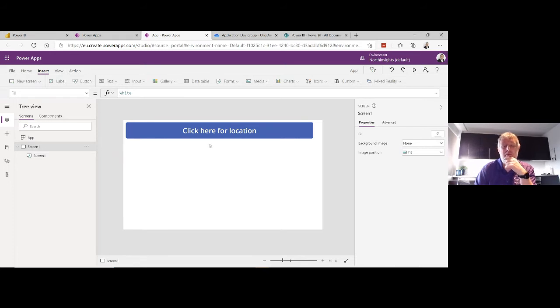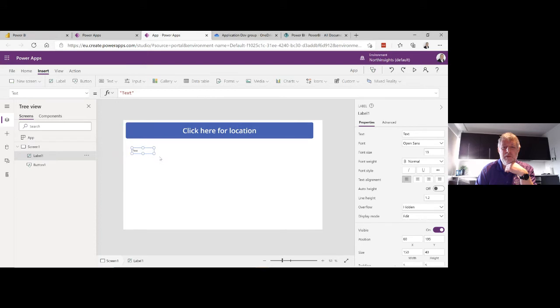Now in Power Apps, because it's made for mobile, but it's an application, it can actually fetch the device's location. It can only fetch the latitude and longitude. It cannot fetch the address. So if we want, we can very easily fetch the latitude and longitude. So let's try that. Now we're not going to associate with the button. I'm just going to put in a label here. A label is simply, as the name says, a label you put on the screen. I'm going to make this a little bit bigger. I'm going to say 26.